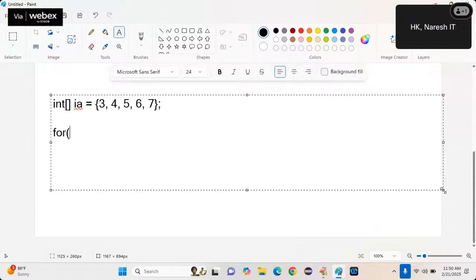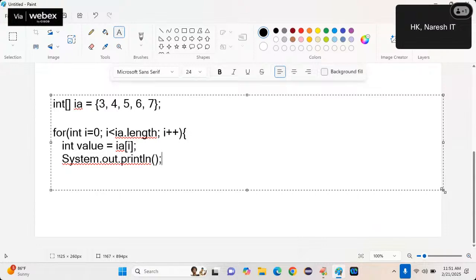By using for index: for int i equal to 0, i less than ia.length, i++. Then I take the value ia[i] and write System.out.println of the value. I am just retrieving and printing. The processing is only printing.